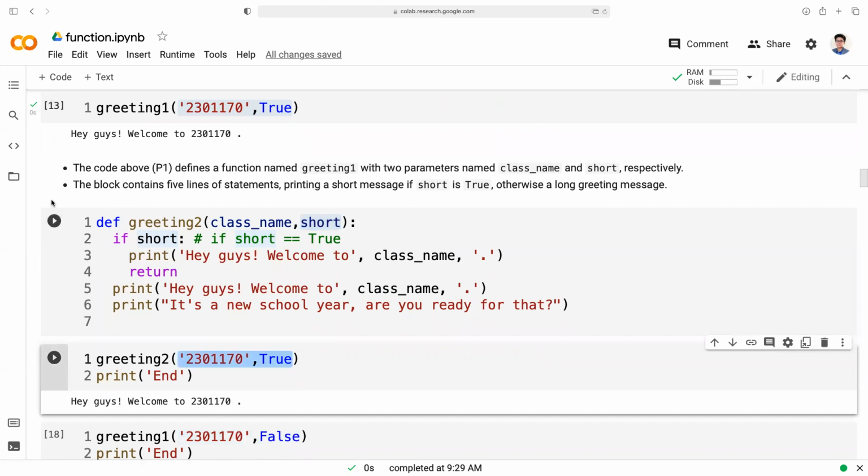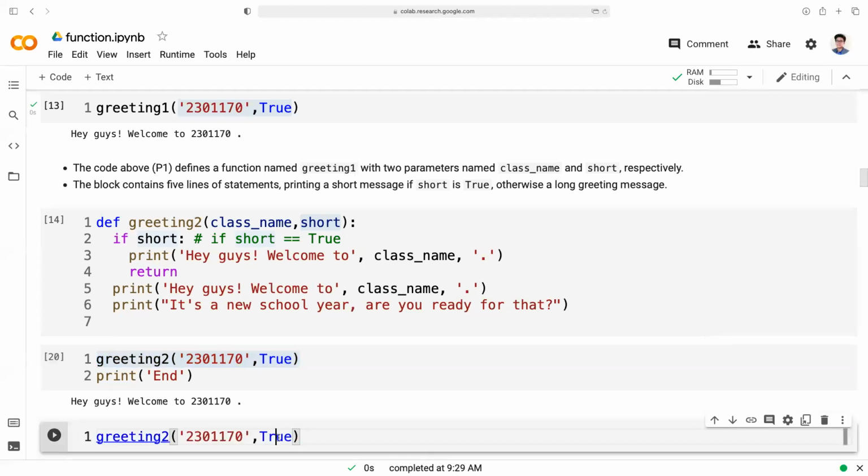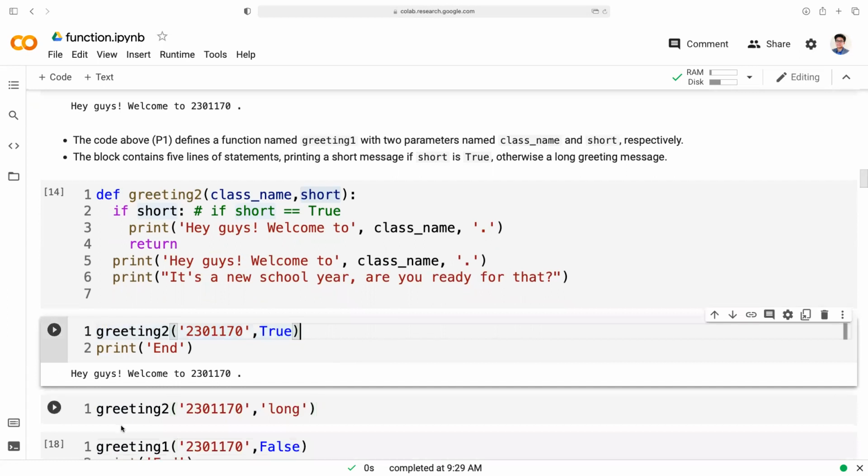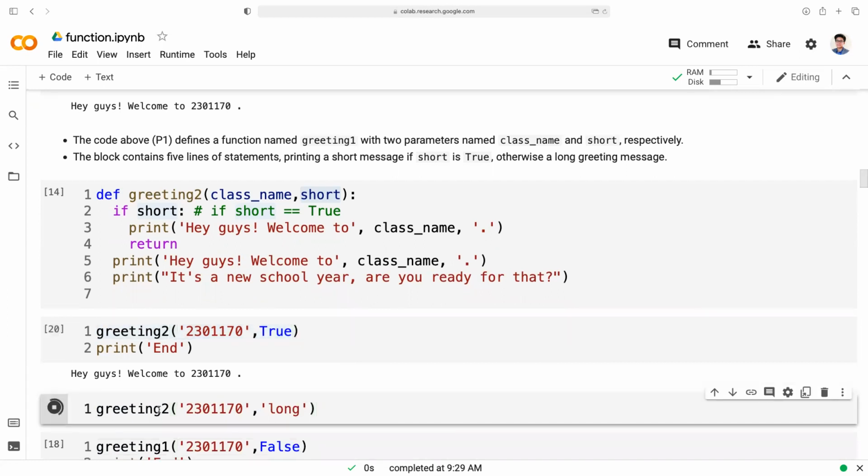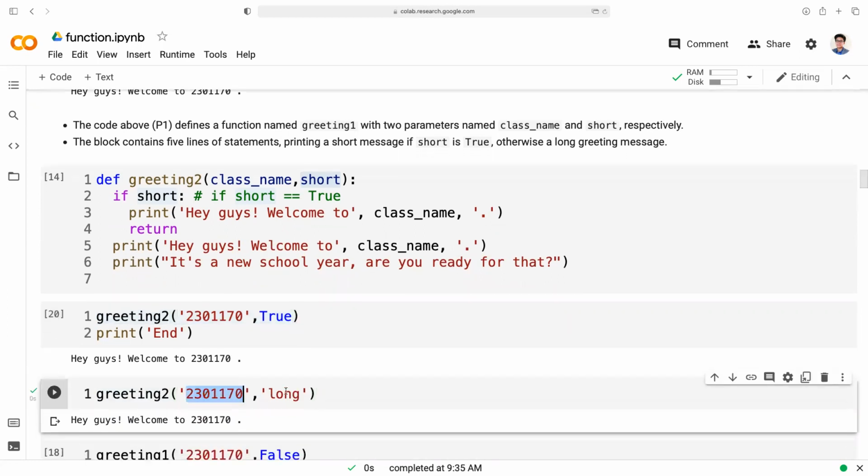So if I have another example, if someone passed a wrong data type, like long, not short. I want long. What's going to happen is an error. Oh, there is no error. Because